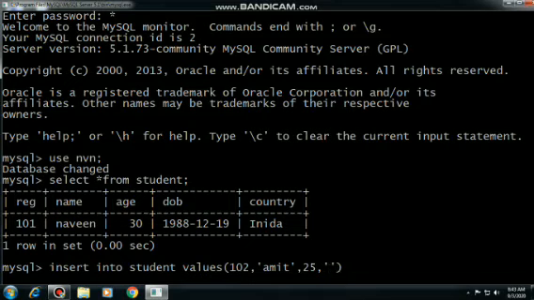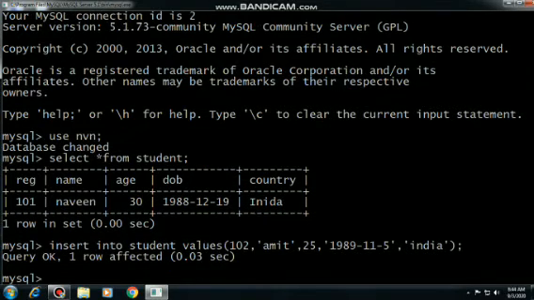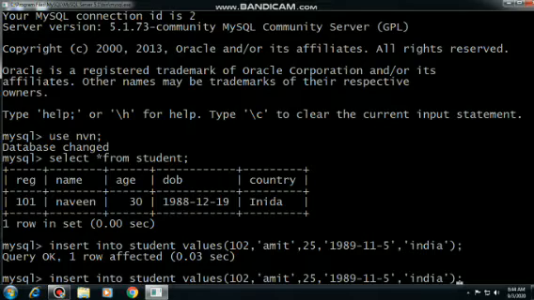We have to give the date of birth in single quotation or double quotation. First give the year, then month, then date, for example 1989-11-5. Then comma, type the country. Country is India. You can write anything, no problem. Semicolon, terminate the line. Query OK. Now insert another record.